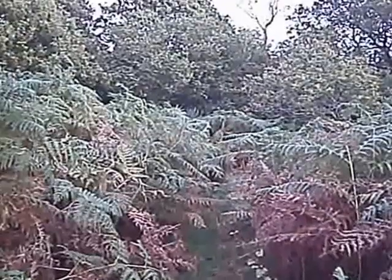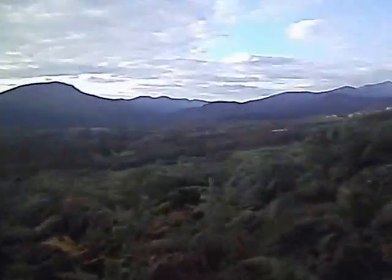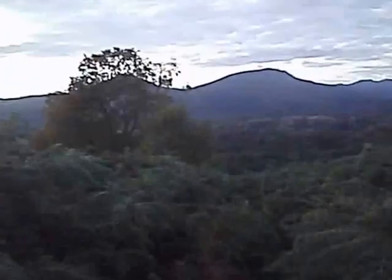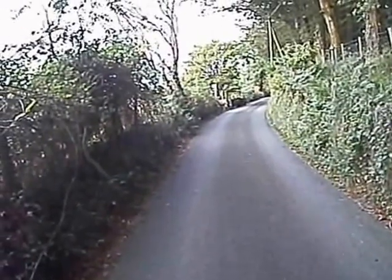In the winter months, these footpaths are far more obvious than they are in the late summer and autumn months because of the ferns. But no problem, this seems to be quite a clear path, and I'm breaking out into the open again, and of course there's Snowdon and the Welsh Matterhorn again. So now I descend quite steeply, I think, down to the valley floor, back to semi-civilization, the tarmac lane,